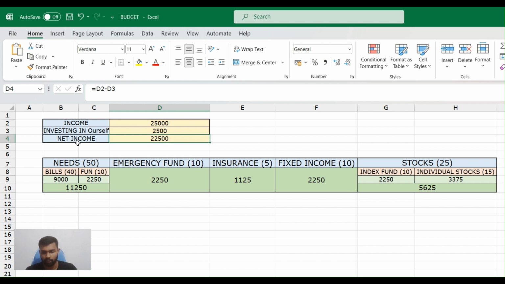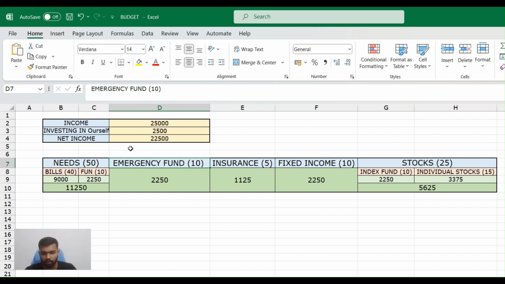And fun activities like eating outside or going on a tour or something. Okay, now the 2,250 amount may look small, but we are already investing some amount in ourselves to elevate our upcoming income to a higher level, so we have already put aside some money to increase our upcoming income. Okay, now let's see the remaining 50%, how we are going to invest it.